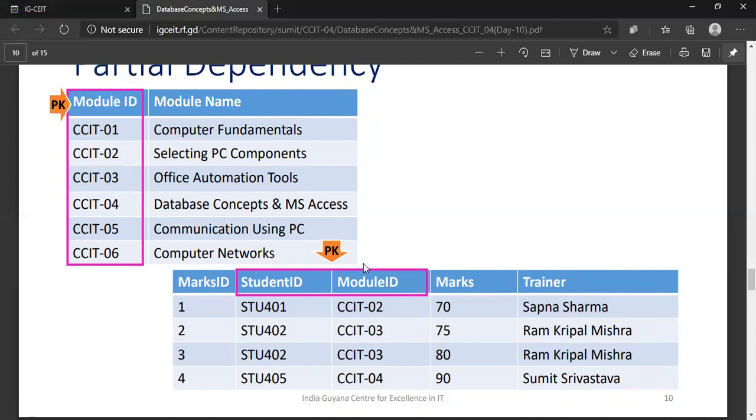So this is, when we have two columns which are used to make a single primary key and other columns are dependent on one column, not on the second column or not on both the columns. So this particular scenario is called a partial dependency, when other columns of your table are dependent on a partial column of your primary key. Partial comes when you have more than one column used as a primary key and other columns are partially dependent. They are not fully dependent.